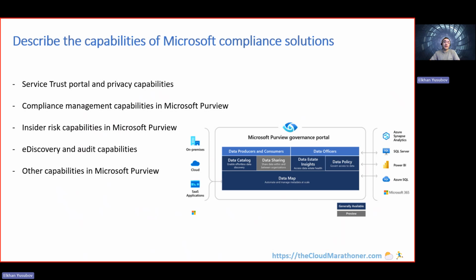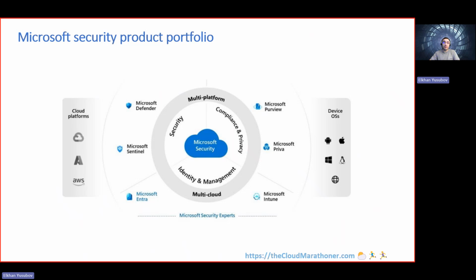so you can see the actual demo there. So the Microsoft Security product portfolio is very diverse, as we already mentioned. We start with the multi-cloud capabilities that are provided with services like Azure Arc as well as the other services in the Microsoft ecosystem that do that. But the identity, authentication and authorization services that enable that are all tied to Microsoft Entra, as well as the Microsoft multi-platform related services that are listed here on this diagram.